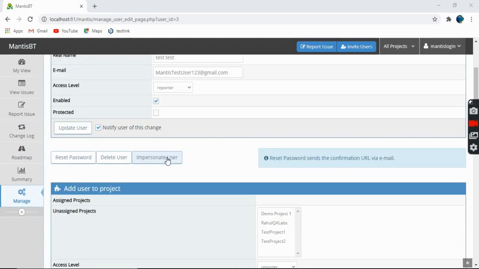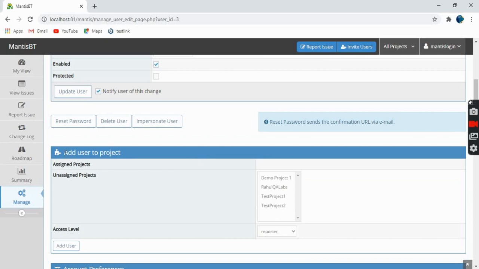And this is impersonate user. This action can only be done by administrators, and normally it is done to reproduce the issues that are logged by a particular user, and to check whether the users have the particular accesses to the project, and whether they are able to connect to the API services with other systems as well. Impersonation means trying to log in as that particular user and checking all the accesses.